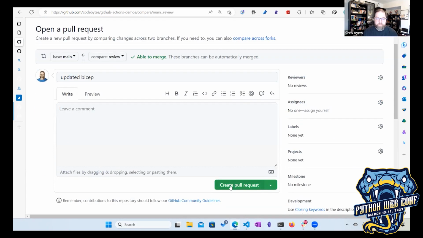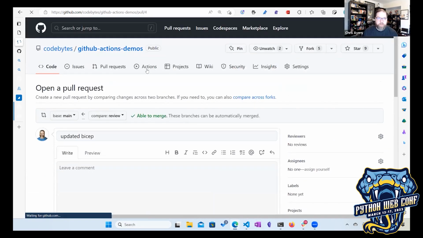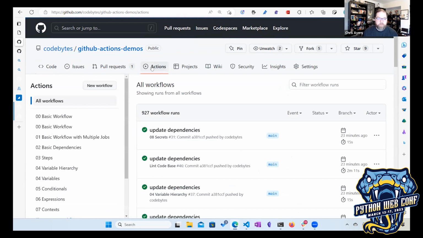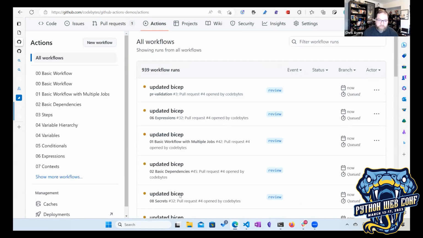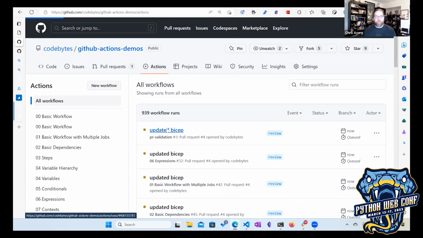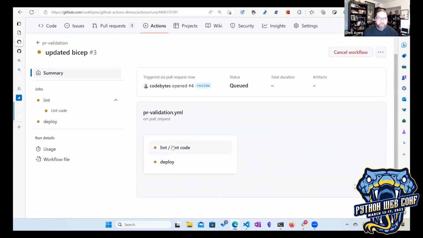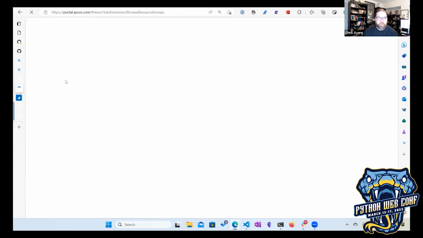Create a pull request. And what we should see, take a second. I've got a couple of things all running because I told them on any pull request, it's going to try to lint my code and it's going to try to deploy it out. And if I go out to Azure,